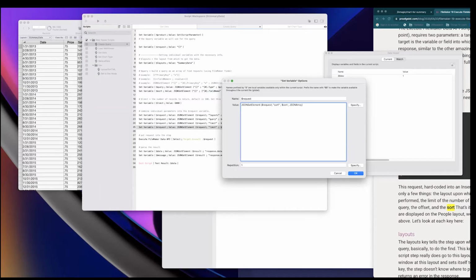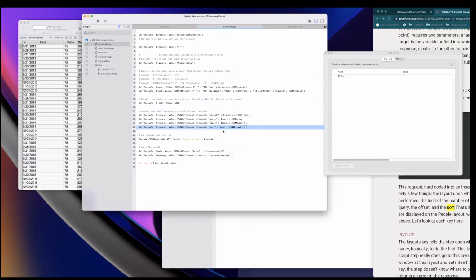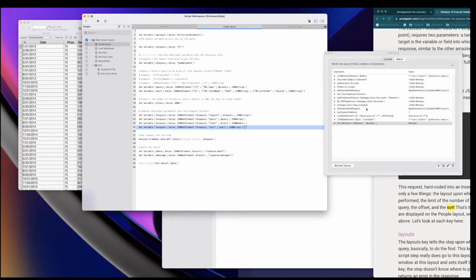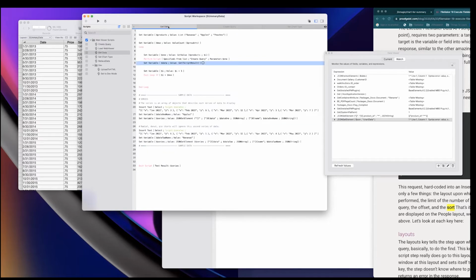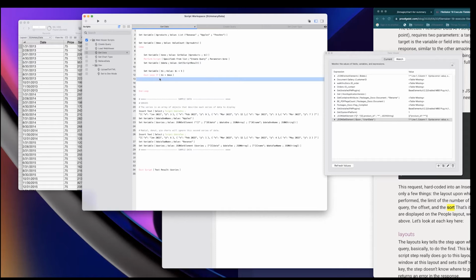JSON array. There we go. Okay, so now let's get rid of that products because it'll mess me up. There we go. All right, so now my get data is going to do apples, bananas, peaches. It's going to get the data for one of those. And now what I have to do